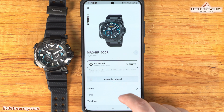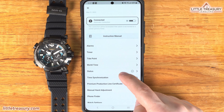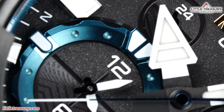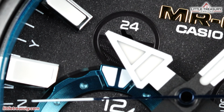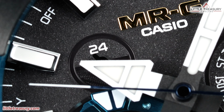The movement is the module 5702, which features Bluetooth connectivity to simply and easily set and adjust your watch with your smartphone without having to read a manual and remember button combinations, which is awful. It has a diving mode which times dive and surface interval times and is indicated by forward and reverse rotation of the hands. It has a tide graph mode where the watch displays tide graphs for a selected diving spot